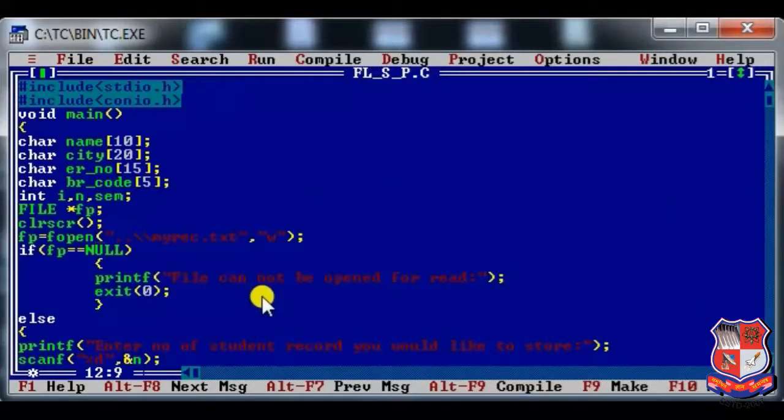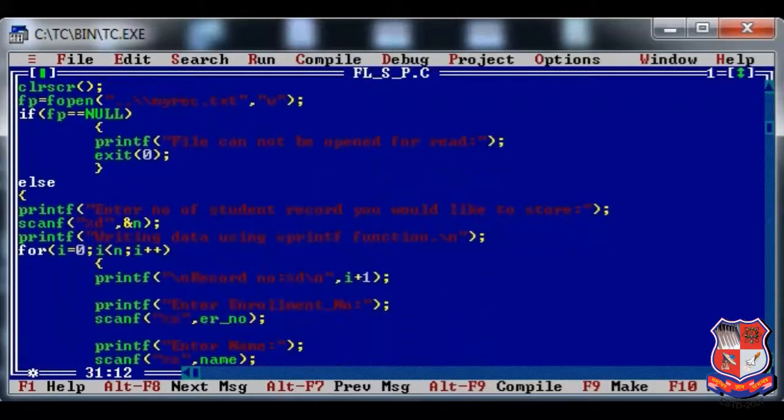So if that file is not available, then it will create a new file for me. In the first step, due to some technical reason, or let's say the file is already being used by another application, my C program may not be able to open that file in a particular mode, then it will print this message and terminate my code, right?